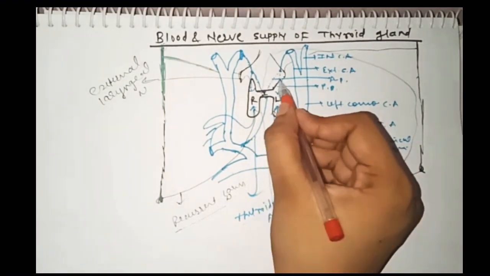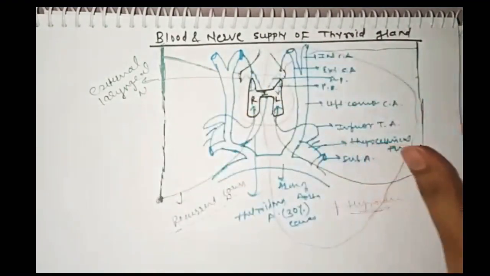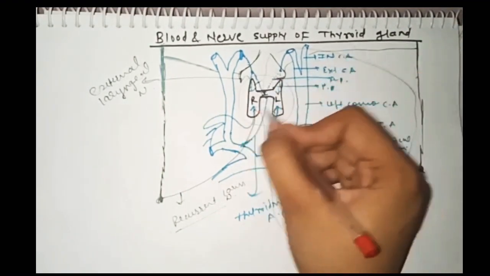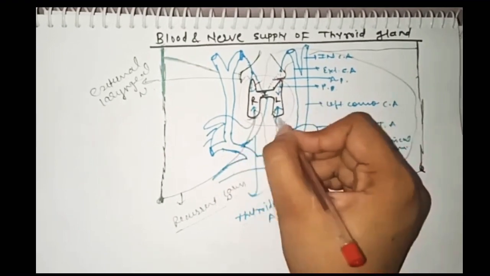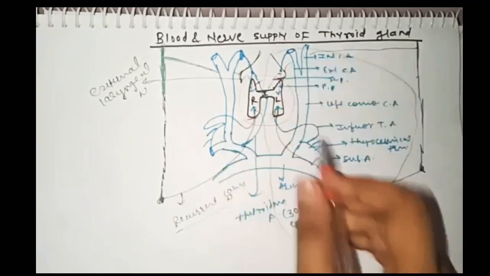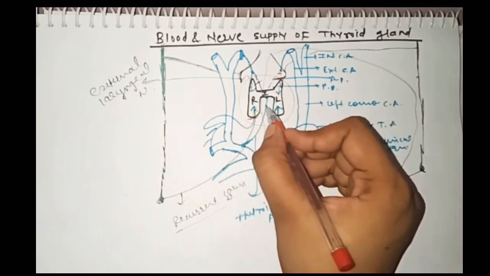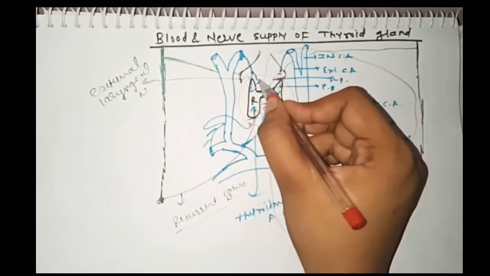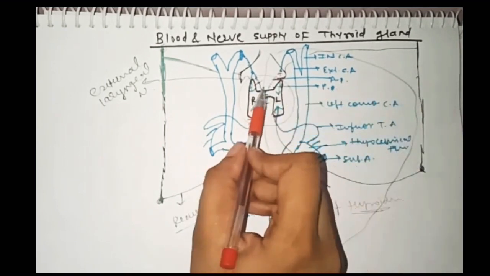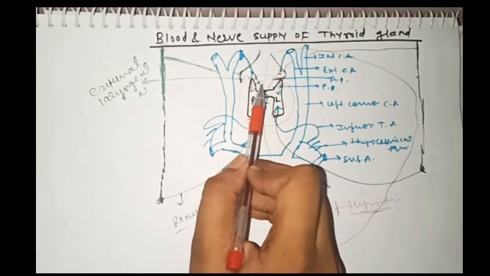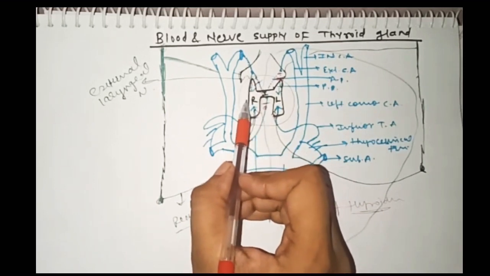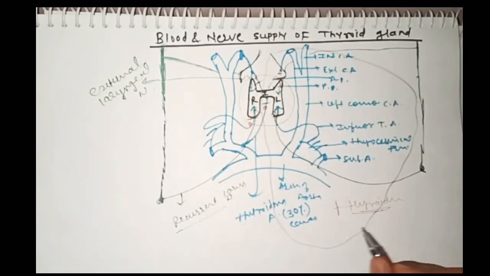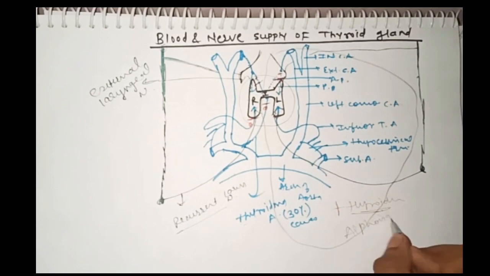During the surgery, the blood supply of the thyroid gland should be cut off, meaning all the arteries are cut: the superior thyroid artery on both sides and the inferior thyroid artery on both sides are cut and then ligated. And if the thyroidea ima artery is present, we have to cut and ligate that artery also. But many times during the ligation, the nerve near the artery is also ligated, which causes injury to the nerve and leads to complications after the surgery, like aphonia, meaning loss of voice.